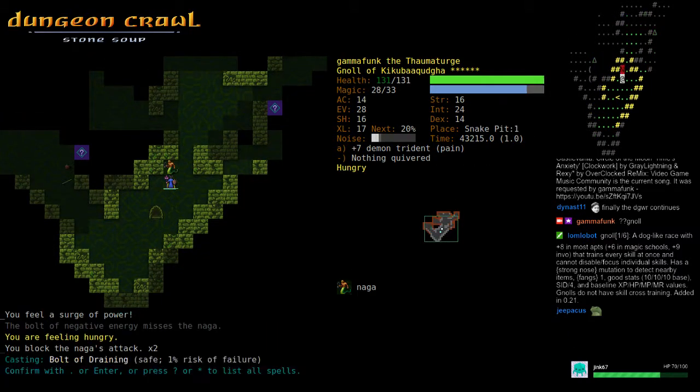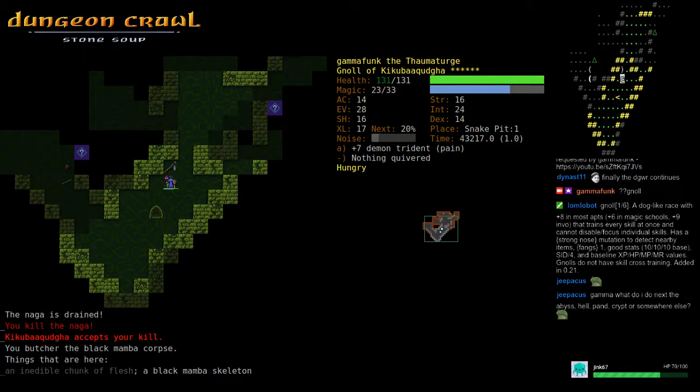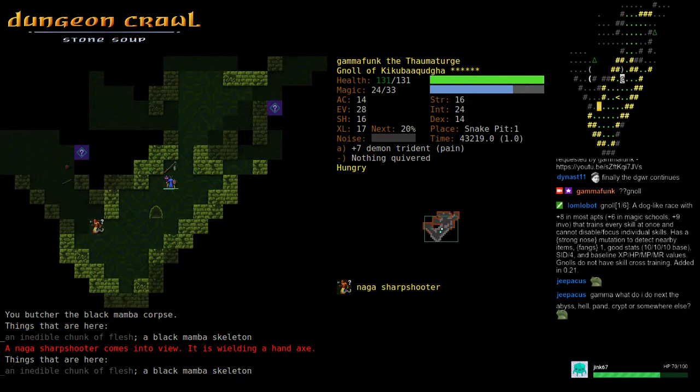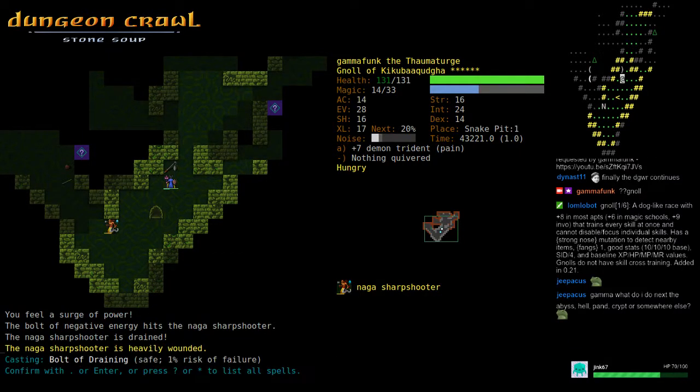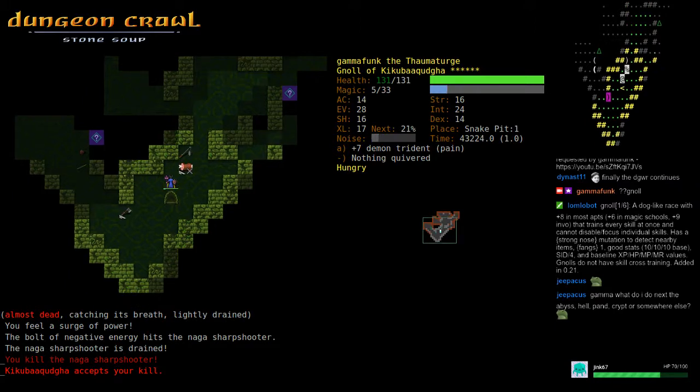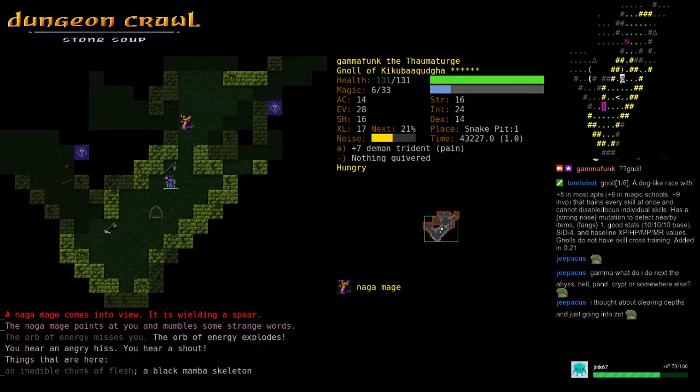Oh, wasn't really paying attention there. What do I do next? The Abyss, Hell, Pan, Crypt, or somewhere else? Well, you haven't told me what your character's like. I assume you've got 3 runes, or... Because the answer highly depends on...